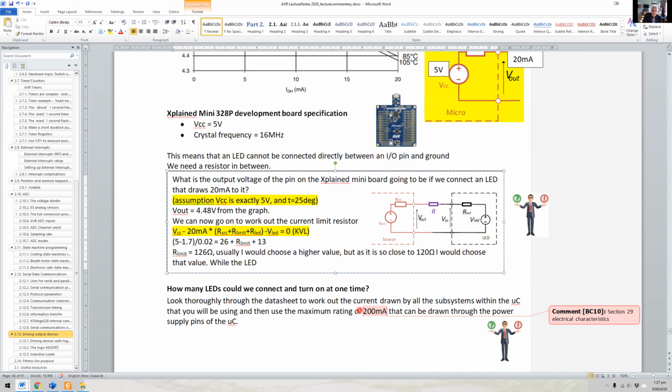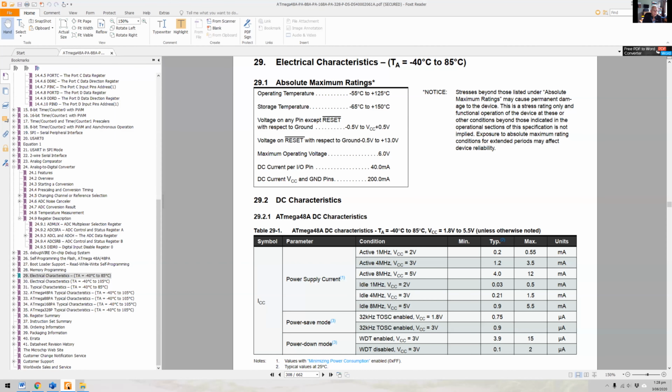Now, we're talking about more than the LEDs that we're connecting to the device. Part of the circuits that are inside the microcontroller are already drawing current. And these are going through the ground pin as well. So therefore, we cannot have, for instance, 5 LEDs each drawing 40 milliamps because there's already other current demands made upon the microcontroller. So have a quick look at the data sheet,